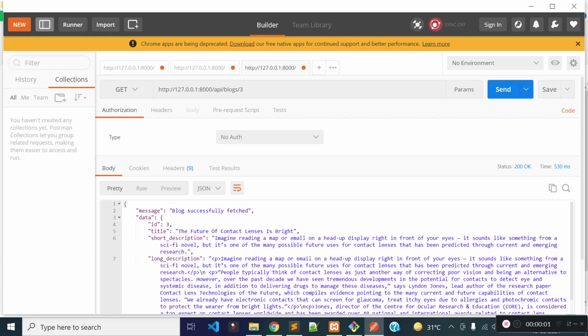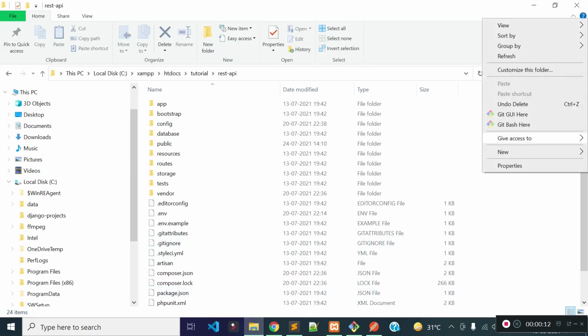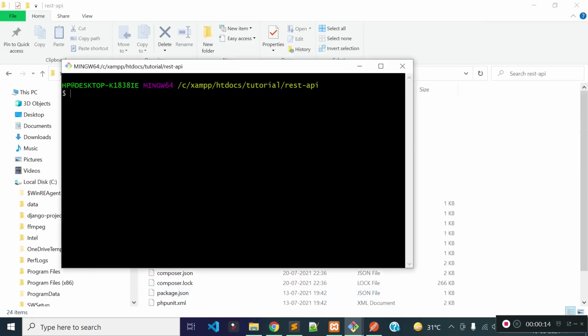In this lecture, I am going to create an API endpoint to like and remove the like for a blog by a user. We need a table to store the data about which user liked which blog. So let's create a model and migrations file for blog_likes table. From our project root, let's open a terminal and run php artisan make:model, and the model name will be BlogLike. Let's pass the -m flag to generate a migrations file along with model creation.